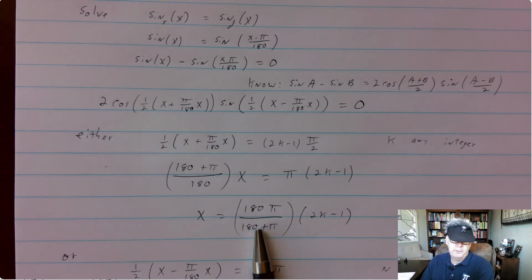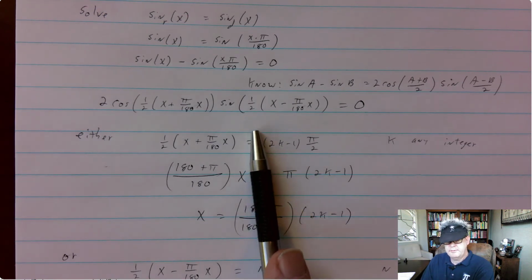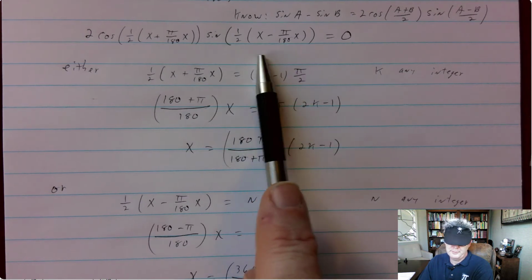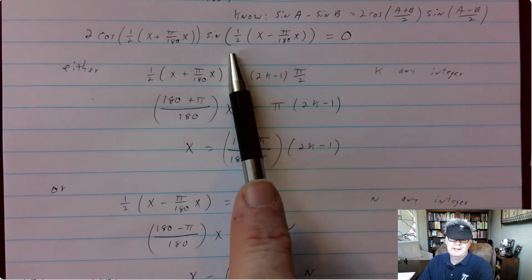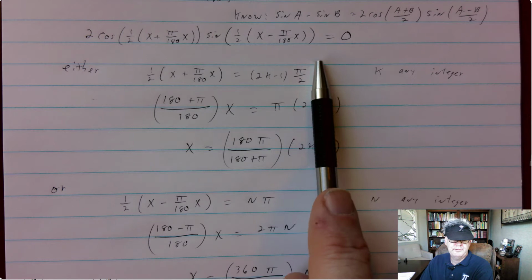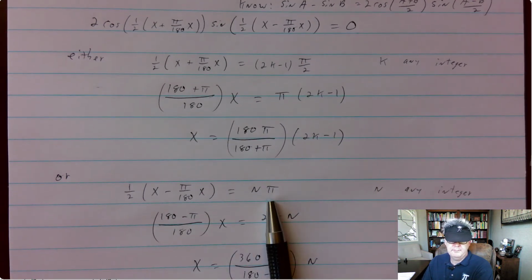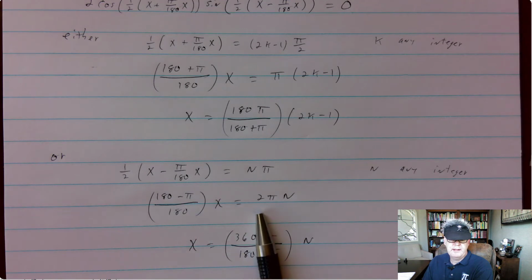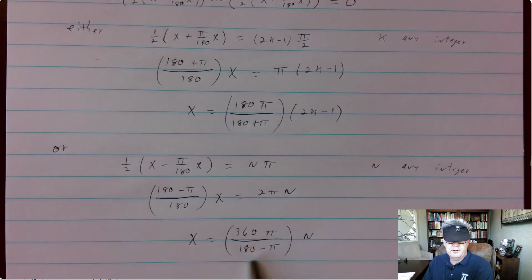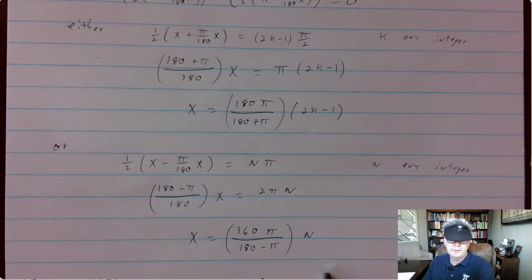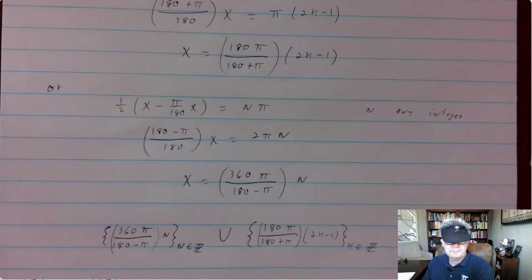The other way to get 0 is to have the argument of sine be an integer multiple of pi. So sine of an integer multiple of pi will be 0. So I need the argument of sine to be an integer multiple of pi. So again, I can double both sides, and if I solve for x, these are the values I had before. So to sum up,